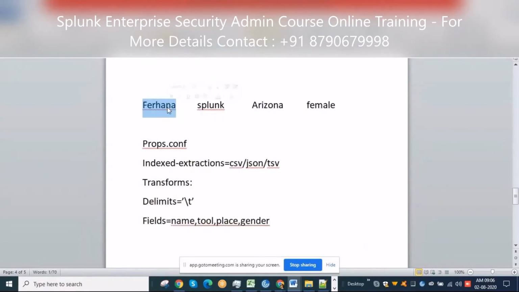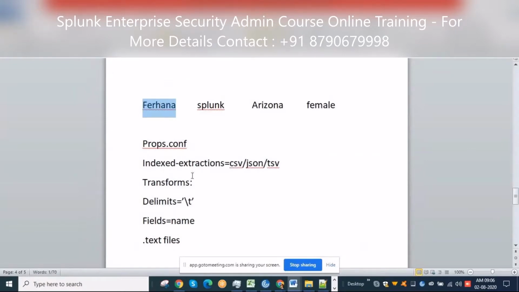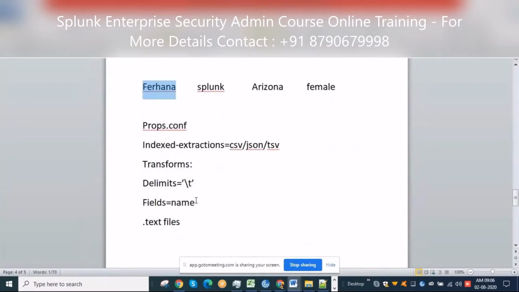So what I'll do, I'll extract this. He doesn't want each and every field to be extracted. He wants only the name field. So instead of writing all this, I'll remove this and define only the name field, so he'll get only the name field. So for field extractions, specifically, we need some coordination with the product owner. As per his requirement only, we are ingesting the data, and as per his requirement only, we will be extracting the fields in Splunk.